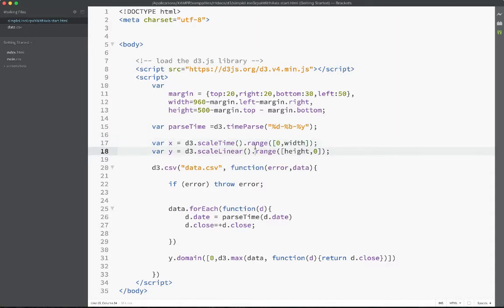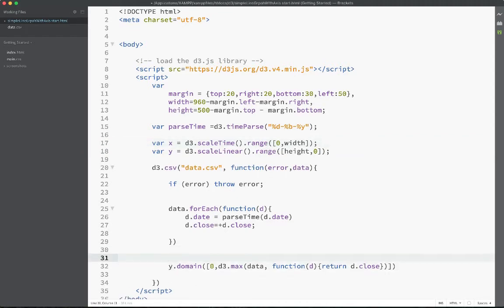So that will be the output range. And the input domain, which will be gathered here, now that the data has been inputted,